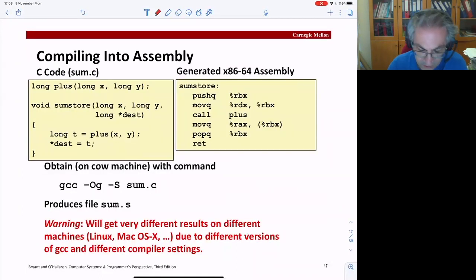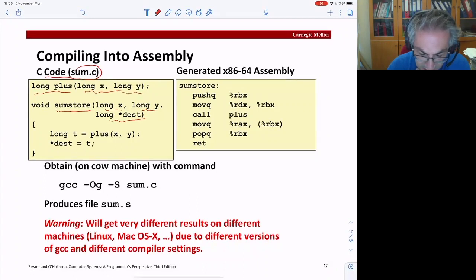So let's do this. You can just write this code. Here's our sum.c code here. Okay, and when we look at here, here's our sumstore. It takes long x, long y, and then long destination. And then I define another function declaration called plus, which takes these. Its implementation is not available here. And basically it calls plus,